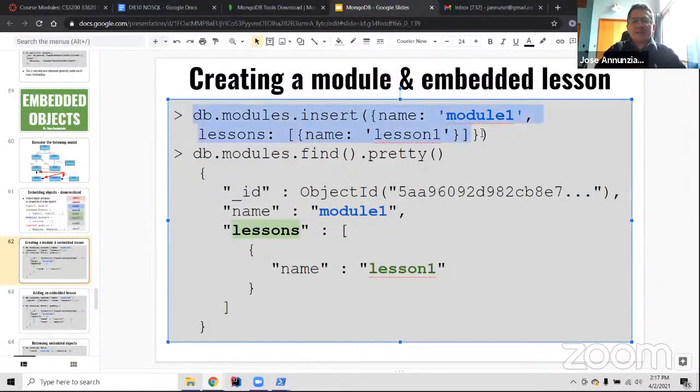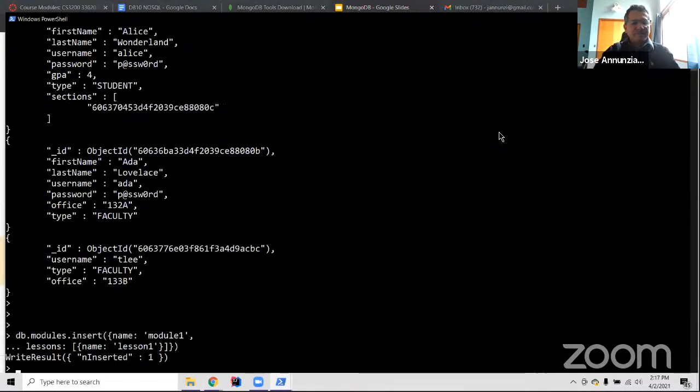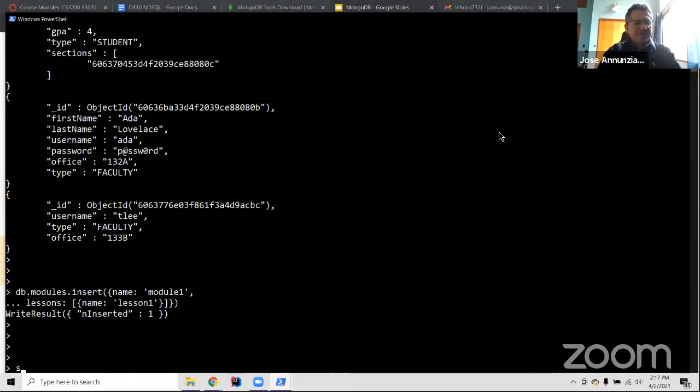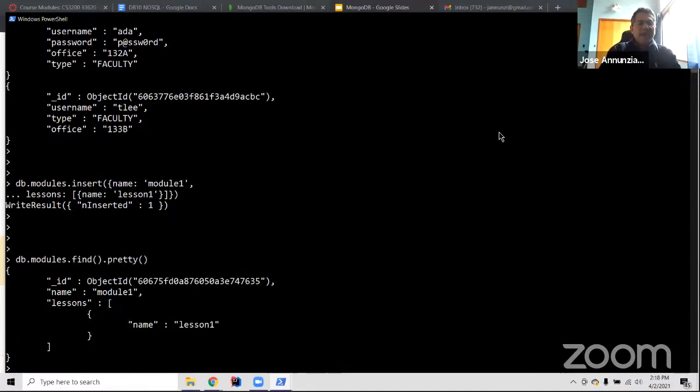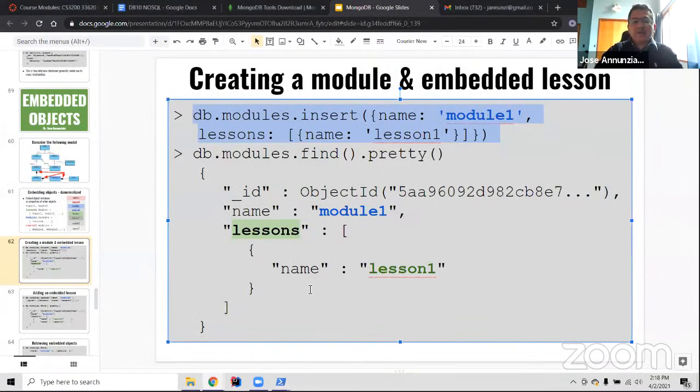So db.modules.insert. I'm going to insert this particular module. Okay, and let's see if we can say db.modules.find. Okay, so notice that we have one module 1, and it contains an array of lessons. And notice that each lesson is an object that right now has just the name of the lesson. If we want to add a new lesson,